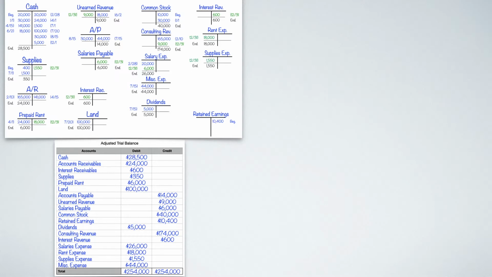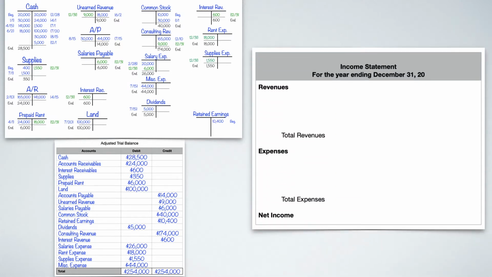The first financial statement that we're going to be doing is the income statement. And the income statement is made up of revenues and expenses. So first, let's put our name at the top, the business name. So we're Bravo Company, and this is December 31st of 2000, whatever. But let's get into the revenues. Now we have 2 types of revenues. If you look at your adjusted trial balance, it gives you the balances for them.